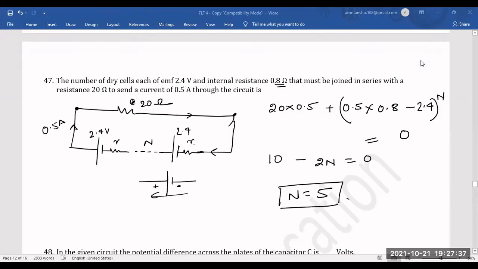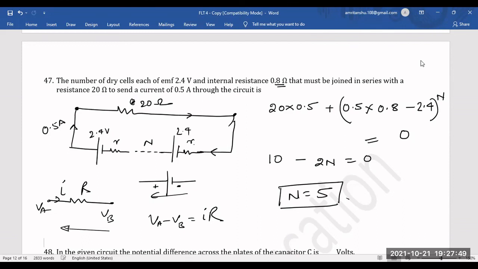To clarify how we are using Kirchhoff's law, if current is moving like this, R is this, I is this, we are taking VA minus VB. VA minus VB here will be I into R. And if we are moving the other way, it will be minus IR. If I take VB minus VA, I will take minus IR. So Kirchhoff's voltage law says that for the whole of this loop, delta V is going to be 0. So the sum of all voltages across this loop will be 0.